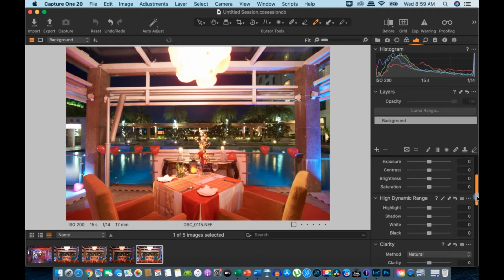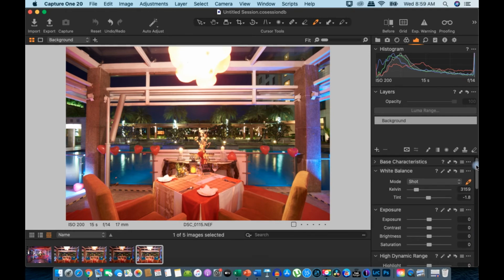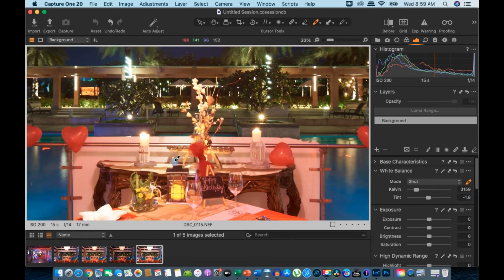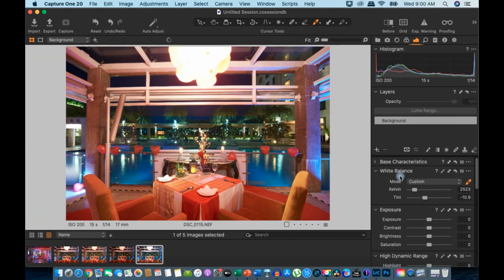The way I like to adjust my white balance is I prefer to do it manually with this eyedropper tool, and zoom into the image and try and find the spot which is supposed to be white in a real life situation, and then make that a starting point and then develop upon that if required. So this is a whiteboard. So let's pick some white from here, from this whiteboard.